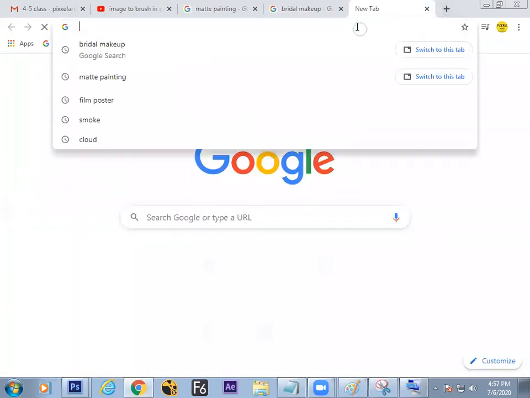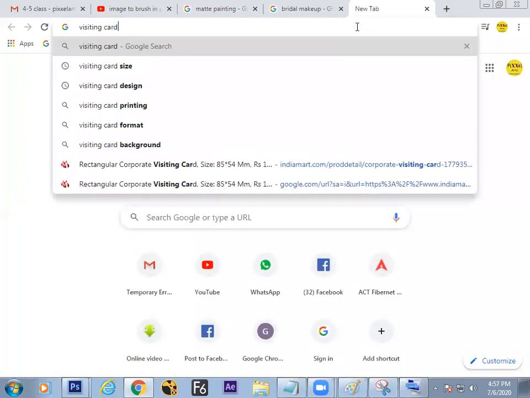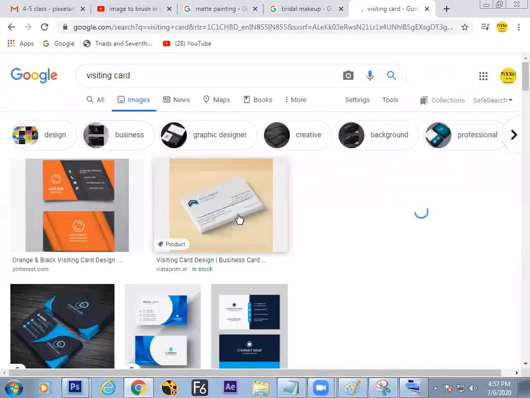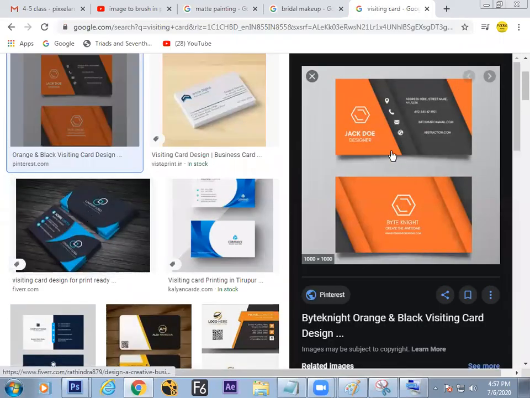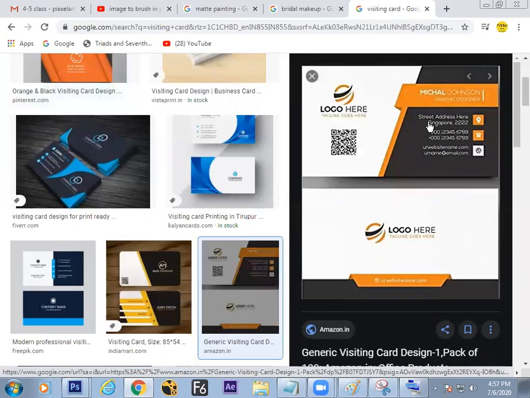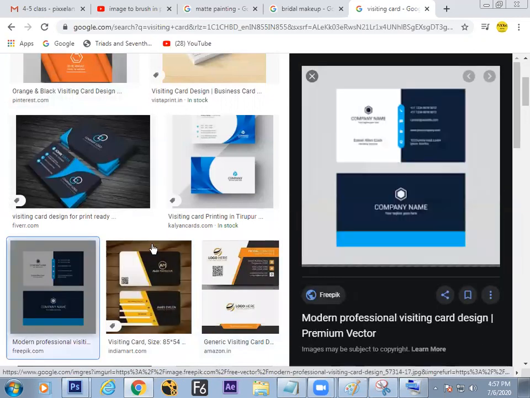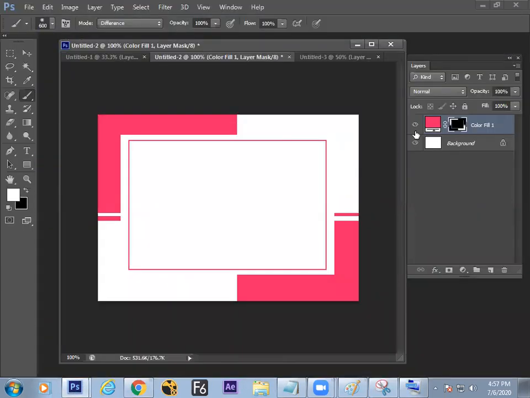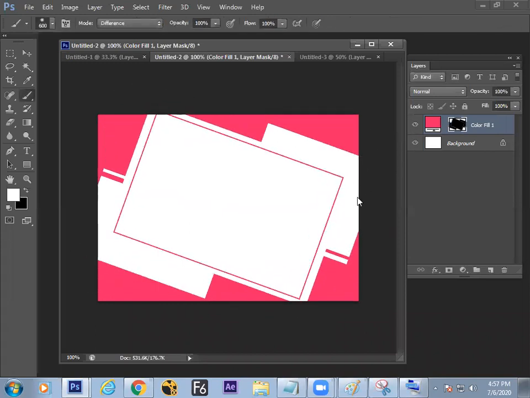So switch to the option visiting card. You can find this option. All professional cards, you can predict what would have been done. So start taking some visiting card as a reference and start doing the experiment on it. Get your masks, your transformations, all the knowledge to be used there. You just have to start touching the professional side of Photoshop.